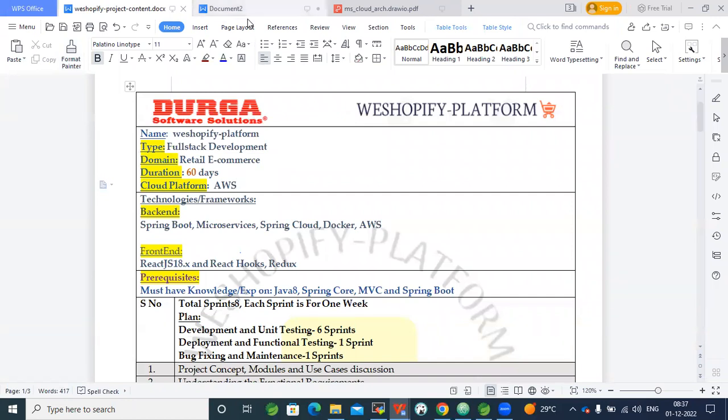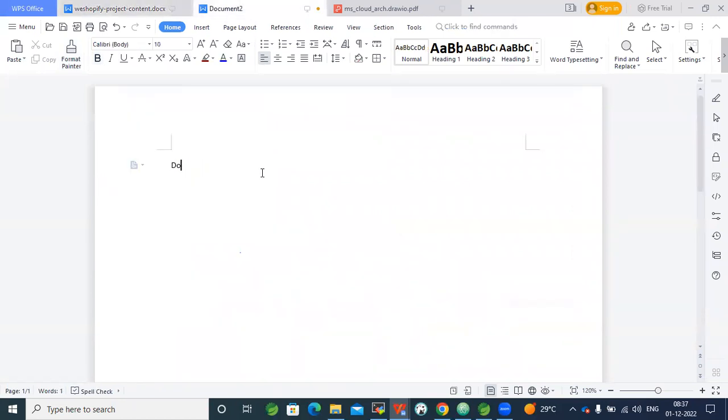Okay, first let me explain the project concept. Then the domain will automatically get understood. So what is the project concept? This project concept is a regular project concept. Any e-commerce site you can take, like Amazon, Flipkart. Any e-commerce site, all these websites, whatever web applications we are accessing, like Amazon, Flipkart,